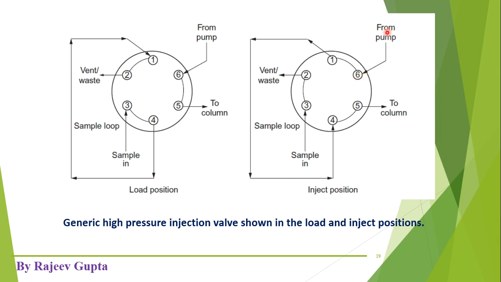So here we can see that from pump the mobile phase is coming at high pressure at point number 6. Now it is merged with number 1. Now it is combined with this loop, and 4th and 5 points are merged, and the whole sample solution is moving to the column at high pressure. Okay, so in this specific arrangement of this sample injection valve, a sample injection port, the main stream flow rate, the main stream mobile phase pressure does not affect.